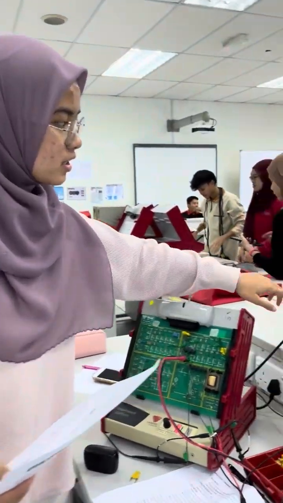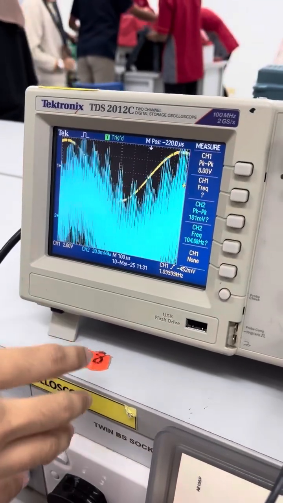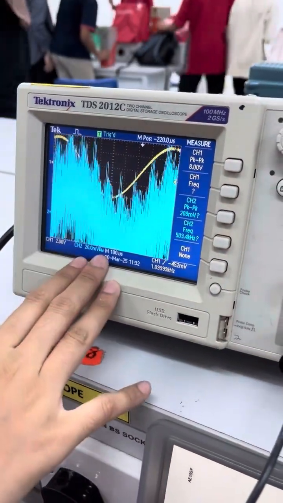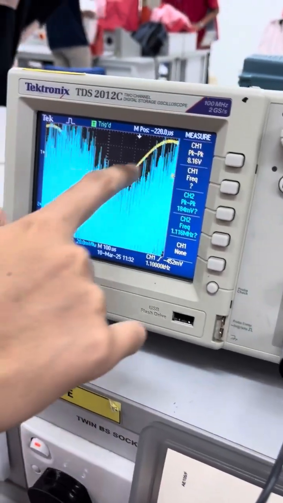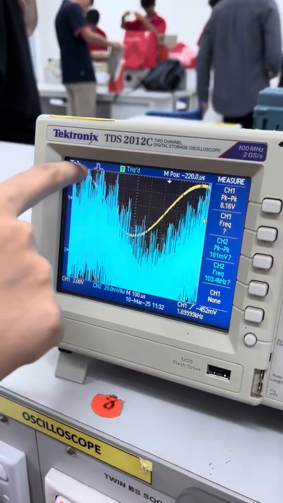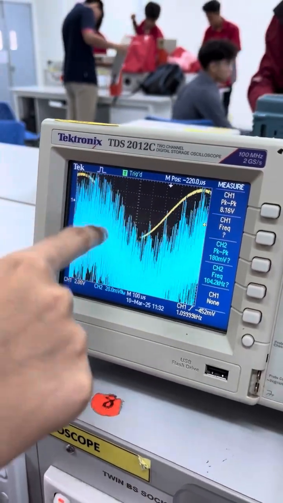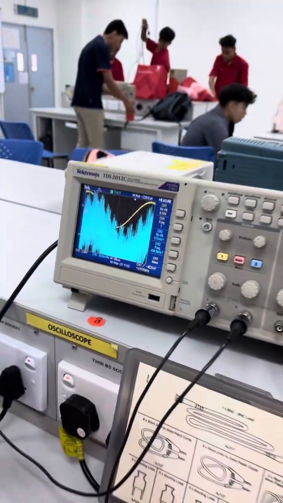For the relationship between the total current and the voltage supply, it will show in the oscilloscope when we connect the circuit. When we connect the circuit to the oscilloscope, it will show the waveform. So this is the waveform. The blue one is the total current and the yellow one is the voltage supply. As we can see, the voltage supply leads the total current. So that's the finding that we got from the circuit.